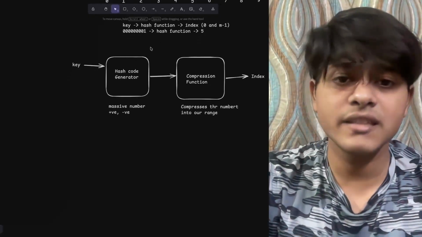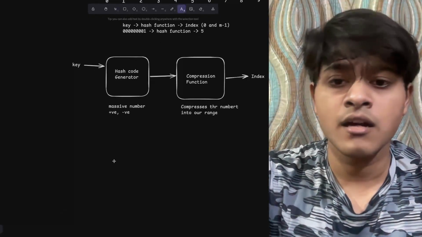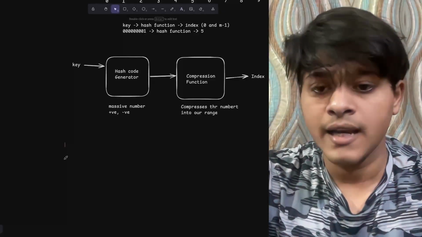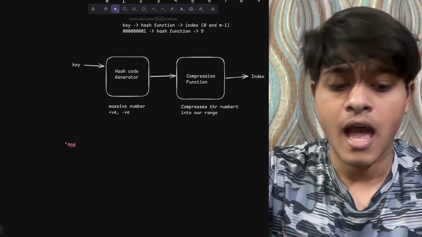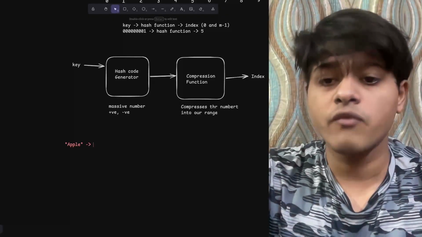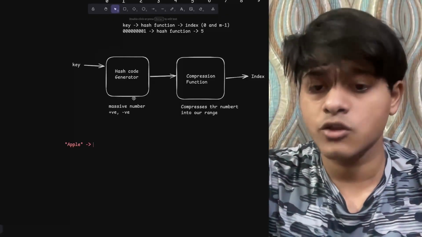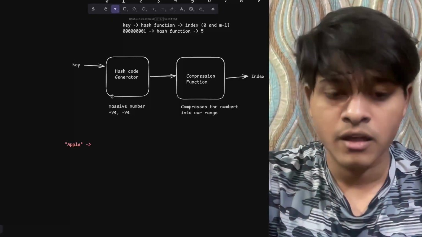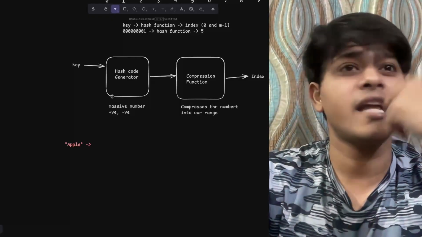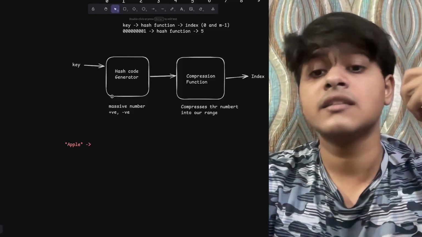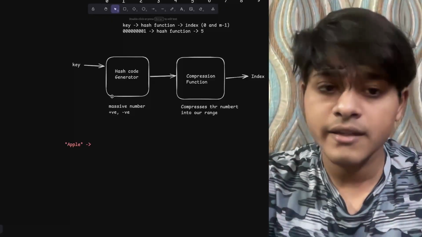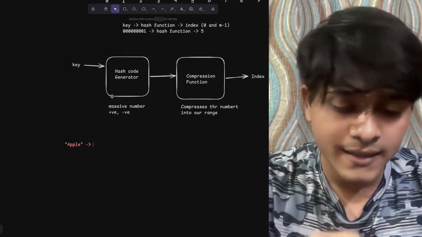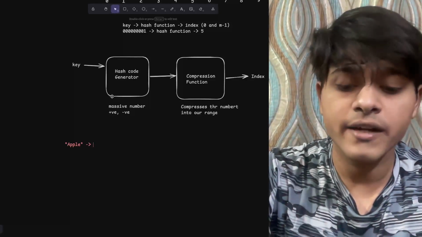So let's say I have a key, and let's say the key is apple. What will happen is I will pass it to a hash code generator. Now the hash code generator will create a massive number out of it. So you might ask, okay, tell me how will it generate a number? And I'll say this is the topic of exactly the next video that you're going to watch once this video completes. So let's say the hash code generator gave me a number called